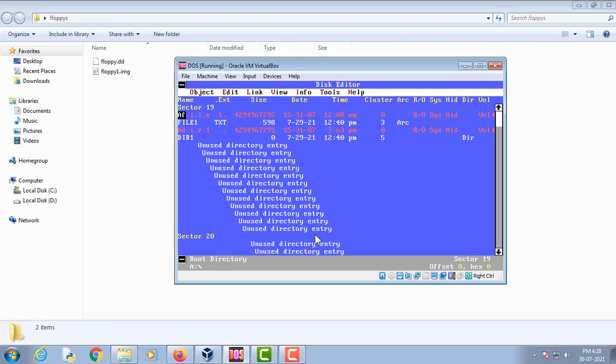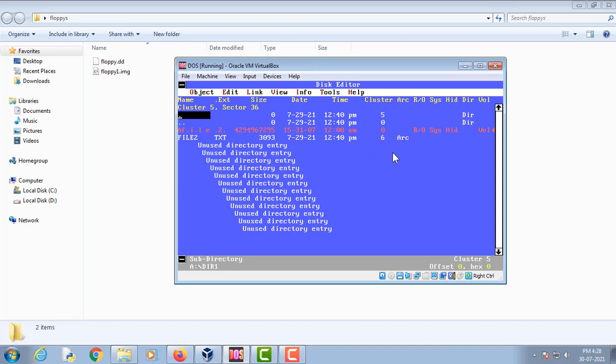As you can see, right now we are in the root directory, and this is the folder we are going to delete. Right now you can see that its size is 0 and its starting cluster is 5. Now if we go inside this directory, we can see that there is a file2.txt whose size is 3093 bytes and whose starting cluster is 6.